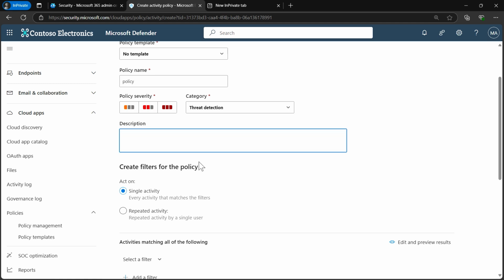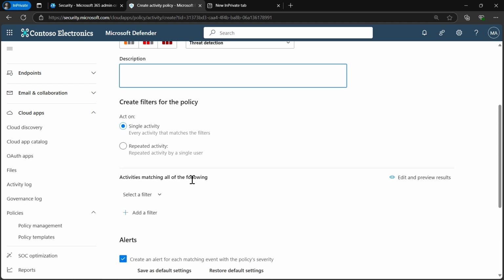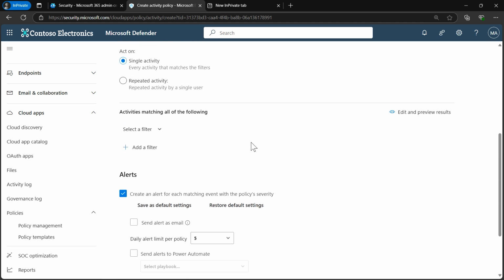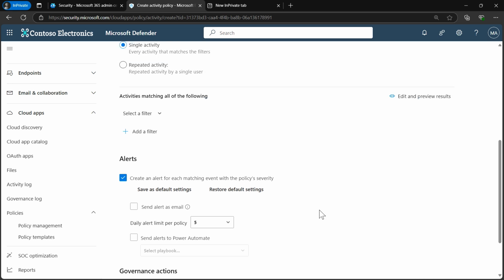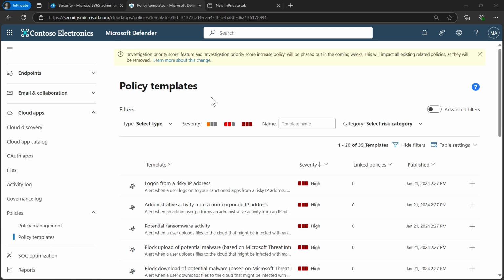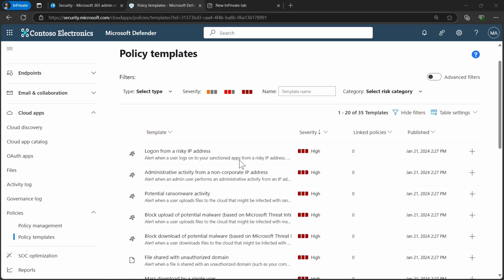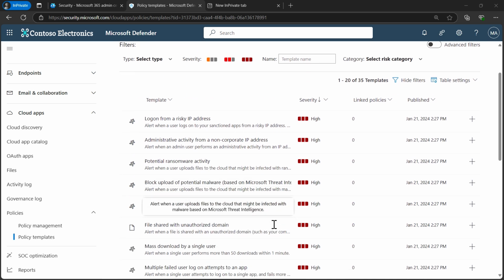I could give it a clear description, and I could act on a single activity or repeated activity. And I could put any alert I'm interested in, and once I'm happy also with the actions, I could create this policy.